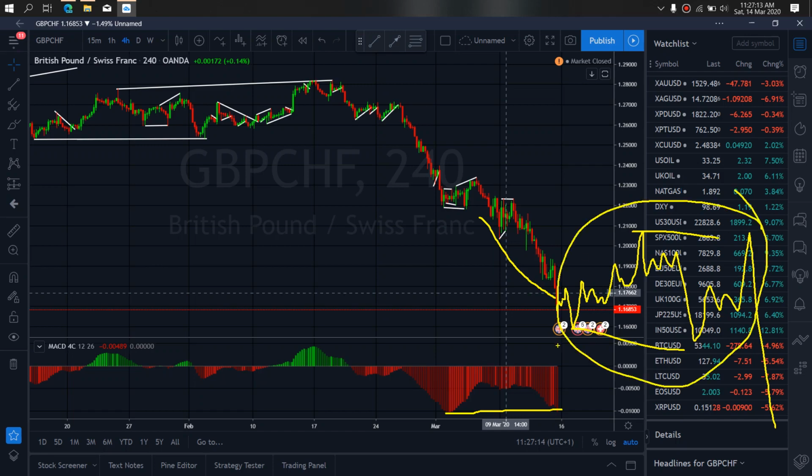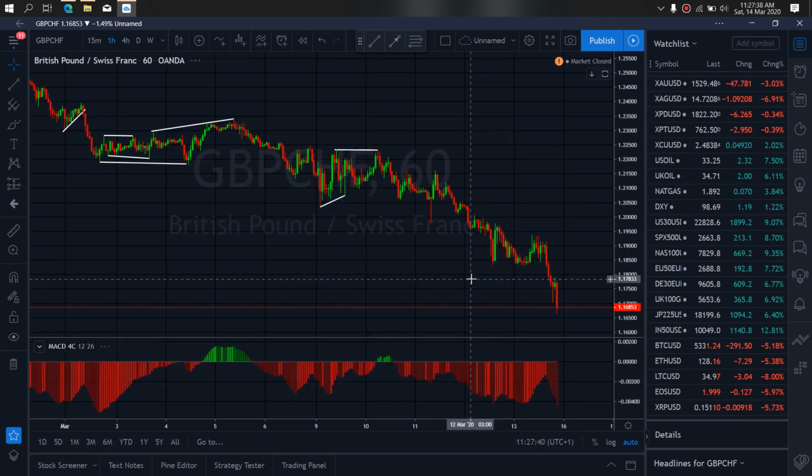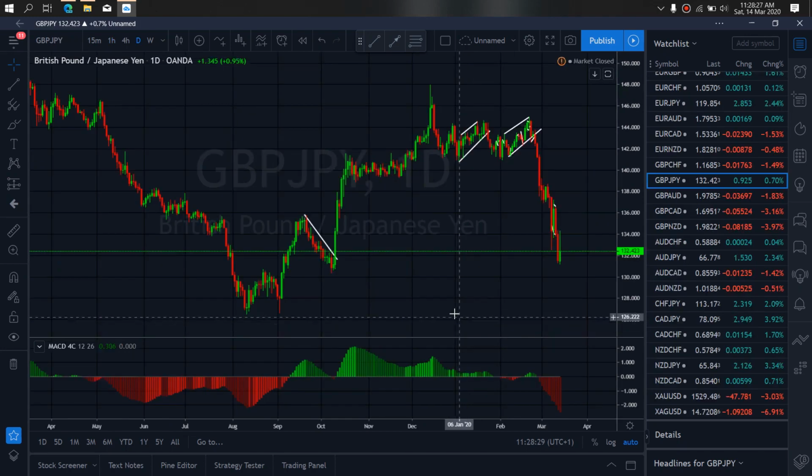Sideways correction. On pound Swiss, we zoom to 1-hour time frame. We want to watch out for that as well, for the start of the sideways correction to start this week. So watch them once they resume the market, they will drop a bit more, but they will give us buy upside for A wave, B,